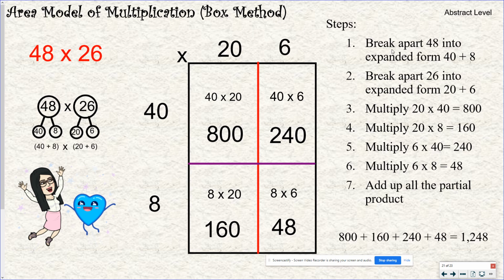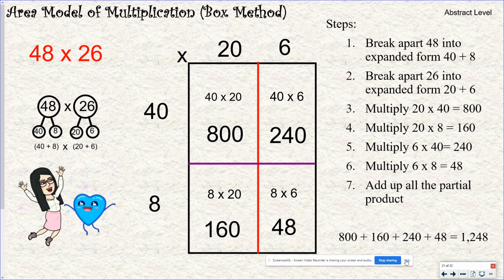So here are the steps. Break apart 48 into expanded form, 40 plus 8. Break apart 26 into expanded form, 20 plus 6. Multiply 20 times 40, which gave us 800. We multiplied 20 times 8, which gave us 160. And we multiplied 6 times 40, which was 240. 6 times 8 is 48. Add up all the partial products. That gave me the product of